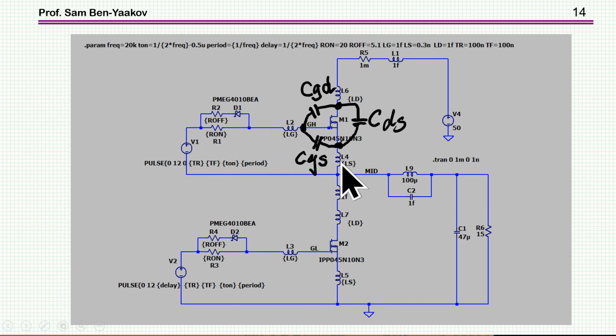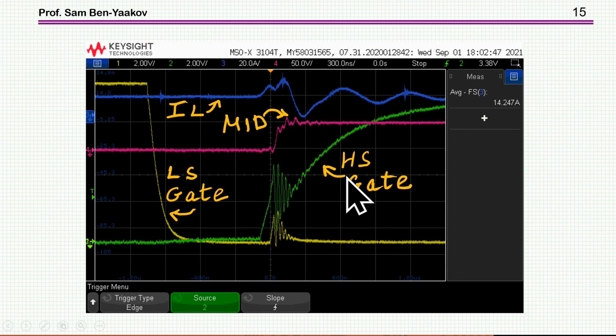So this inductance plays a major role in initiating this oscillation, and therefore you'd like it to be as small as possible. And I'm just hinting that this is one reason we are using the Kelvin connection, which I'll talk about later on. So let's go back now to the circuit, and we understand now this oscillation, which reflects